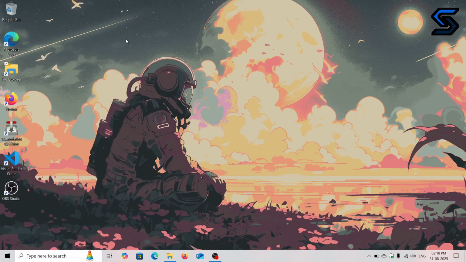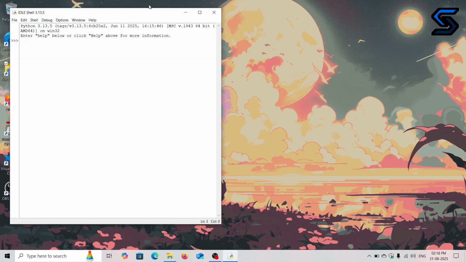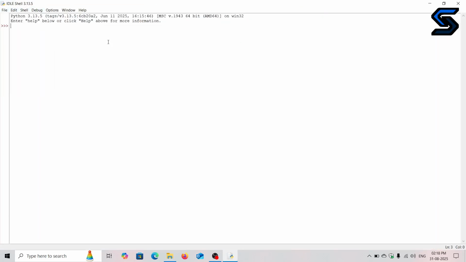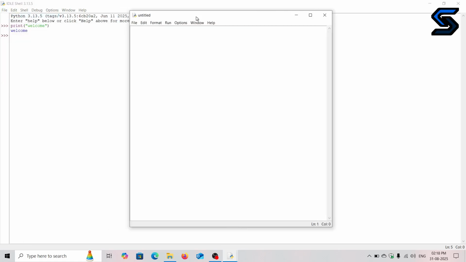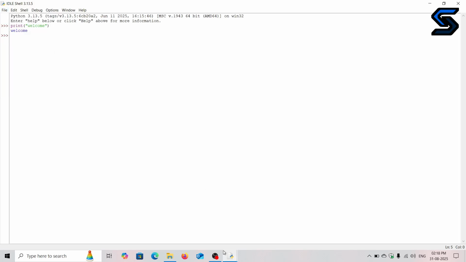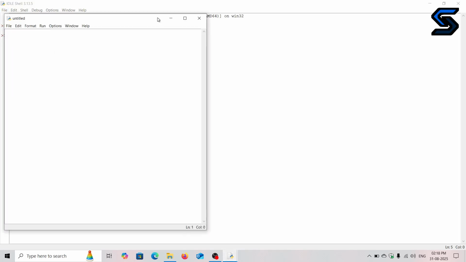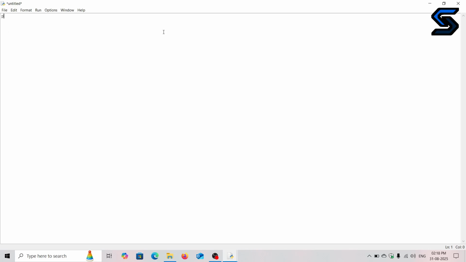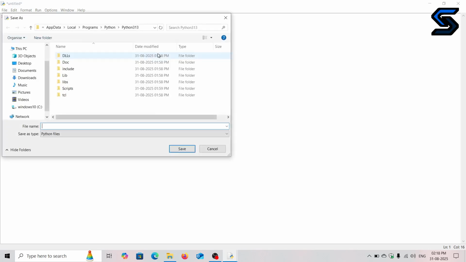after opening it, it also has an interactive mode. You can just try to print anything. It's also an interactive mode, but you can use the script mode by going to File, New File, and opening the new file from there. Okay, let's print something, print welcome, and let's save this